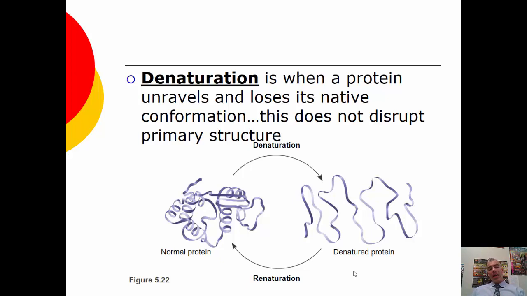So what can sometimes happen, though: a protein has a normal conformation, but if we mess with that somehow, either because we heat it up or we throw it an acid or a base where it's not supposed to be, it will mess with the interactions between the amino acids, change its shape, and thus change the function. That process is called denaturation. It's basically the unfolding of a protein.